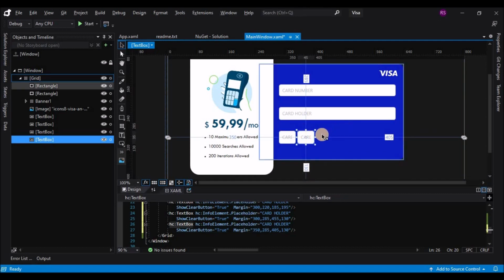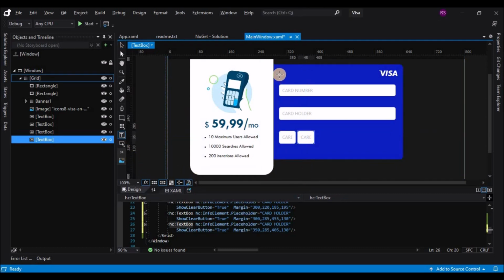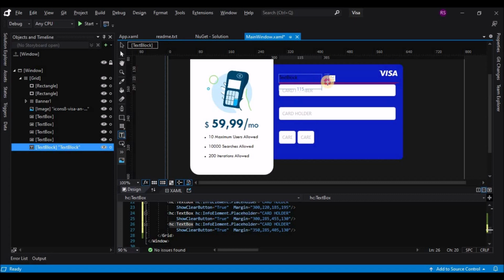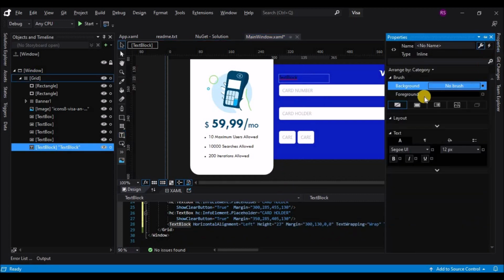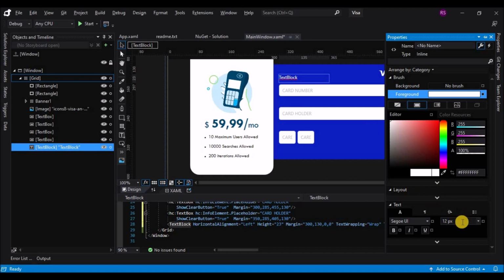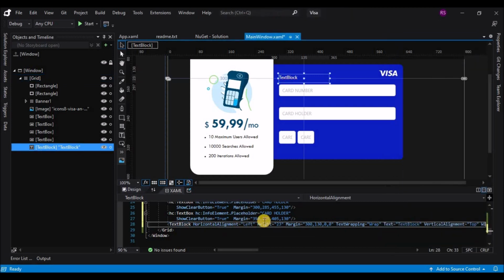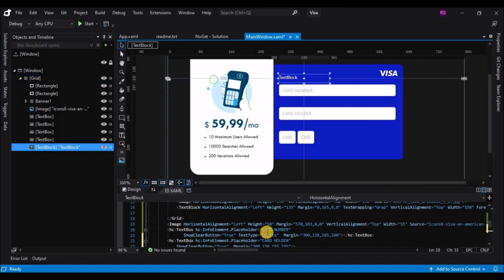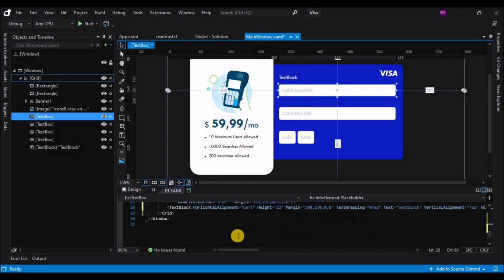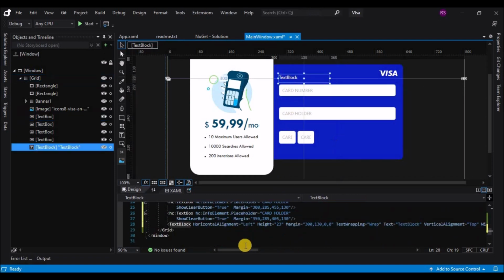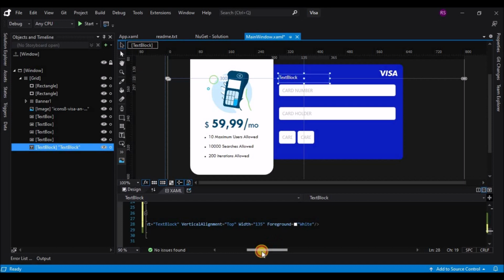Now let's take a text block on top of the text box, change the font foreground color to white, and change the text to same as the placeholder text. Change the text property of the text block.